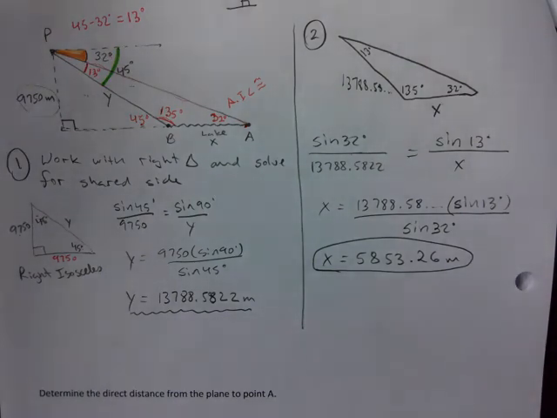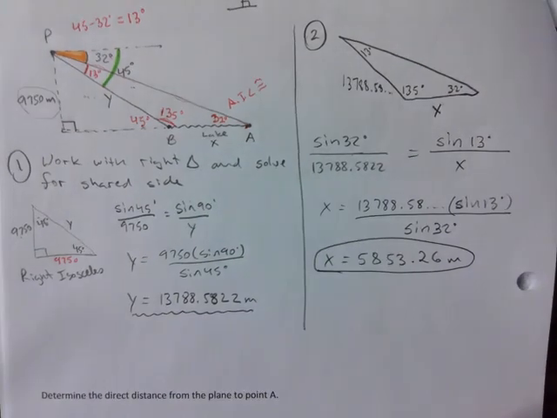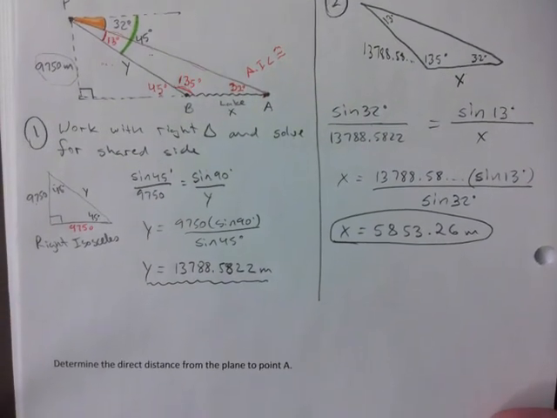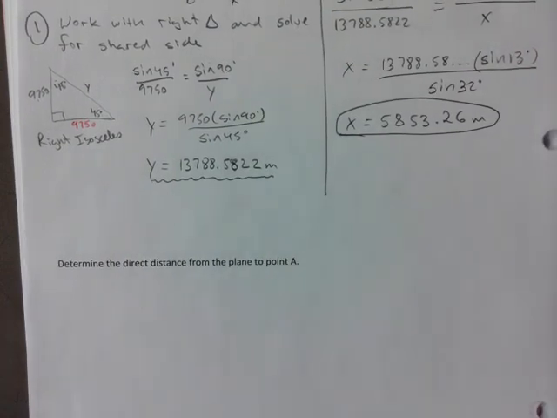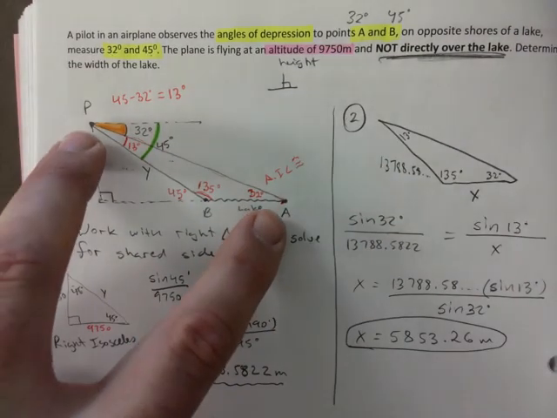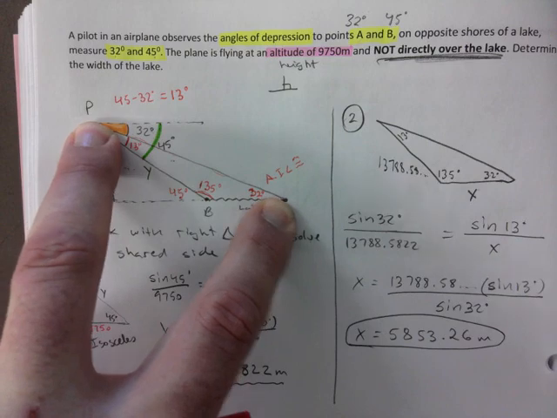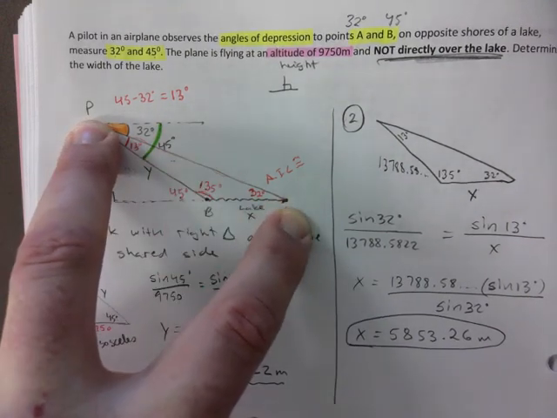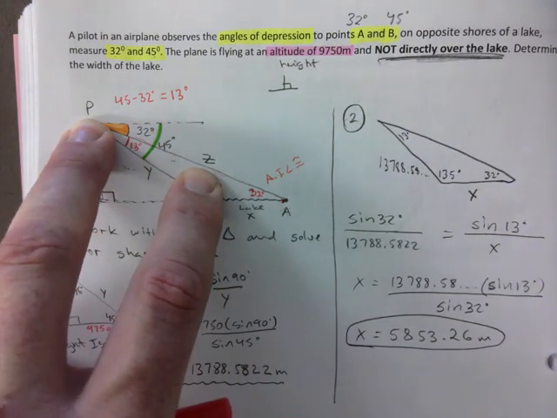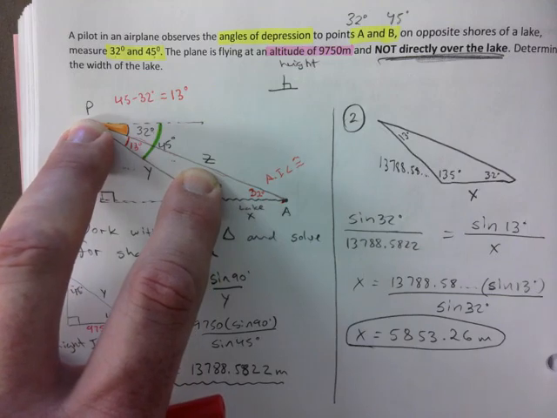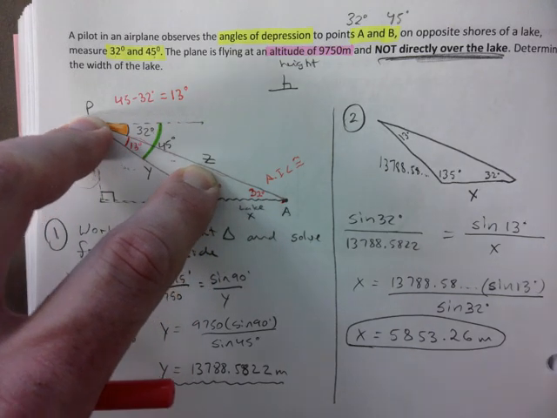Off script is great to be in the moment, but sometimes it bites you if you get it wrong. What does it ask? Determine the direct distance from the plane to point A. It's asking for PA, right? It's asking for the direct distance here. Let's call that Z on here. You should call it, right? If you want to be smart, call it O. Anyways,